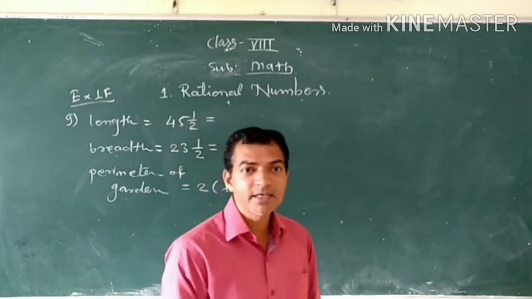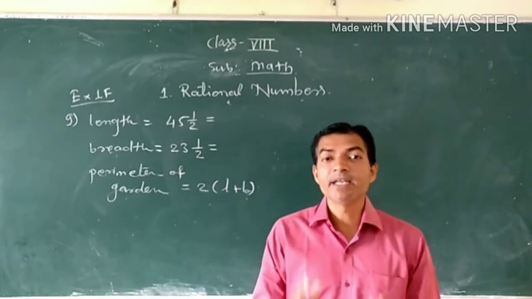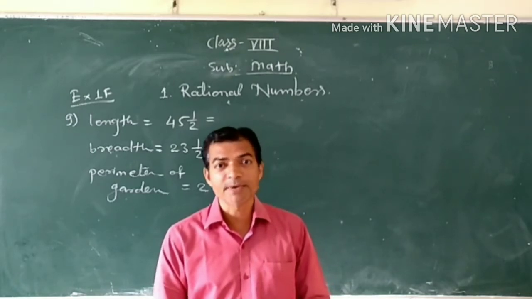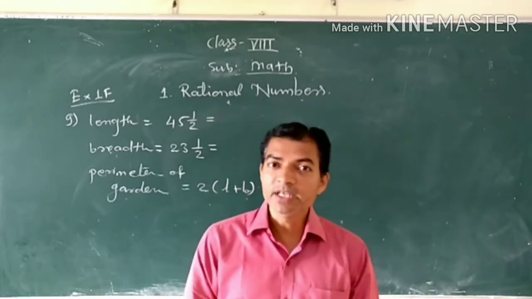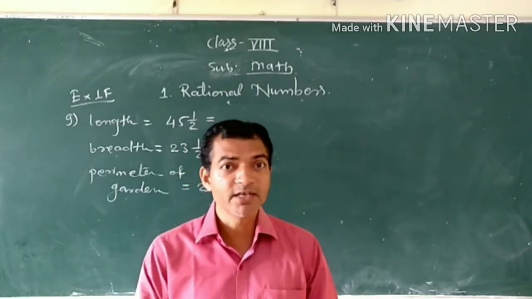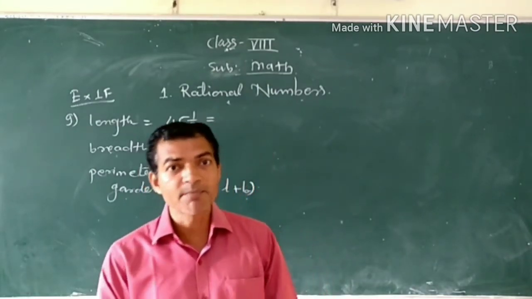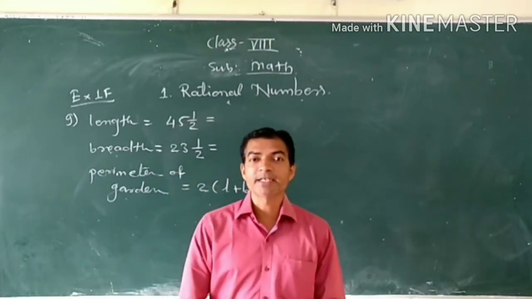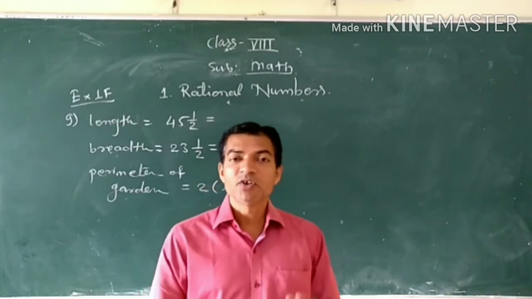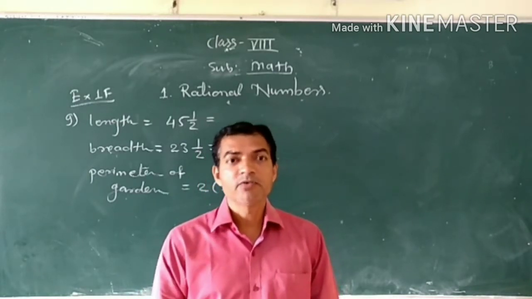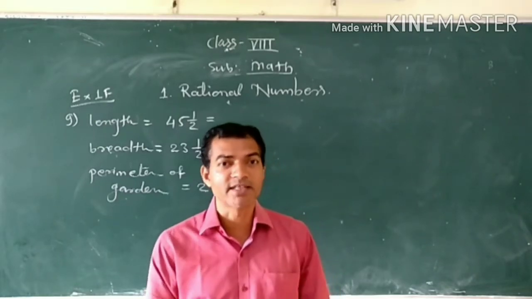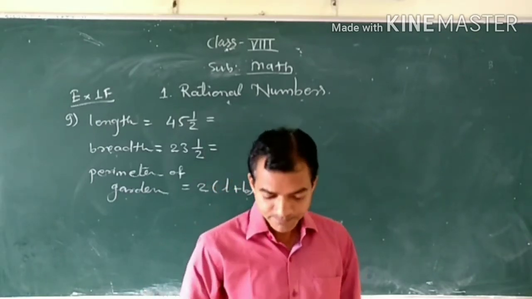Which means what you have to find here? You have to find the perimeter of the rectangular garden. So can you tell me what is the perimeter of a rectangle? You know that one very well. In the previous standard you already learned about it. Perimeter of rectangle is equal to twice (length plus breadth). So first write down what is given in this problem, then write the formula, then put the values and find the answer. It is very easy.